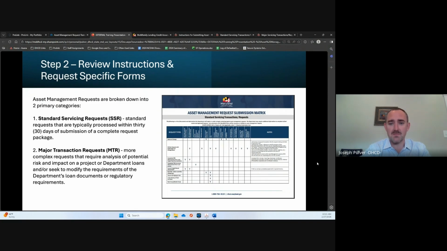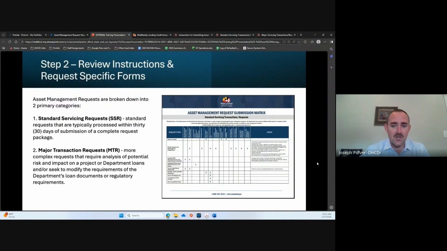So reserve for replacement requests is a good example. Other types of requests that don't require, maybe like an insurance change at some point, or if your project is changing its tenant services plan, or other things like that, that are really just more of a submission and can be a pretty quick review.